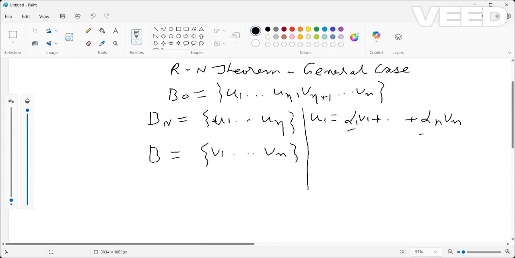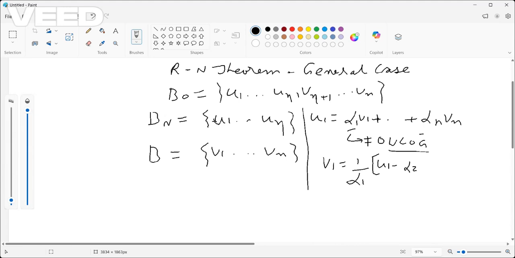I'll assume that is alpha 1 without loss of generality, or else one just reorders. So this means I can write v1 as 1 over alpha 1 times u1 minus alpha 2 v2